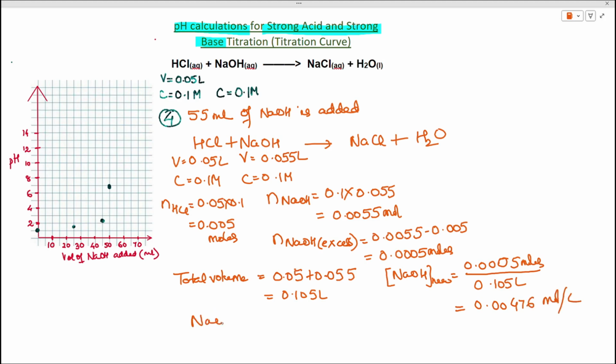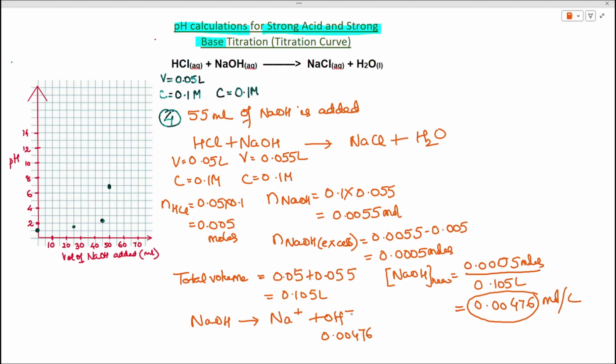Now this NaOH, being a strong base, will dissociate completely into Na positive and OH negative, and everything being in the ratio of 1:1, whatever is the concentration of NaOH, the same will be the concentration of OH negative. So the concentration of OH negative is